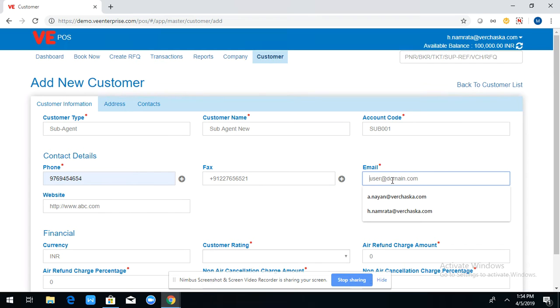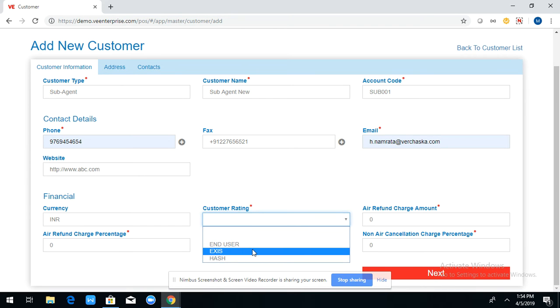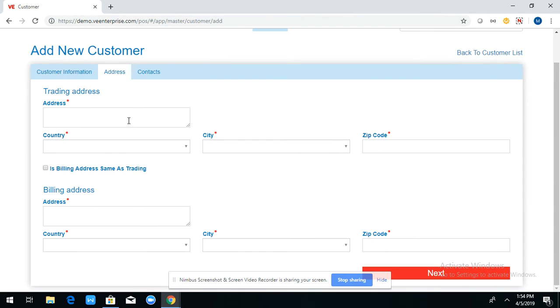I'll skip the fax number; email ID is mandatory. Under financial, currency will be similar to the B2B customer's currency. Customer rating: I have a customer rating already, so I'll select the first one. For the refund charge amount, as per the criteria, we can mention the refund percentage or refund amount. I'll click on next.